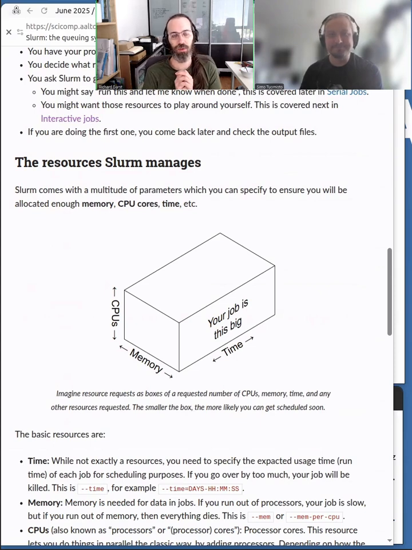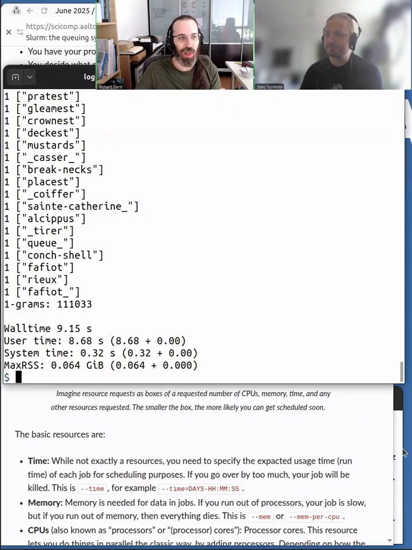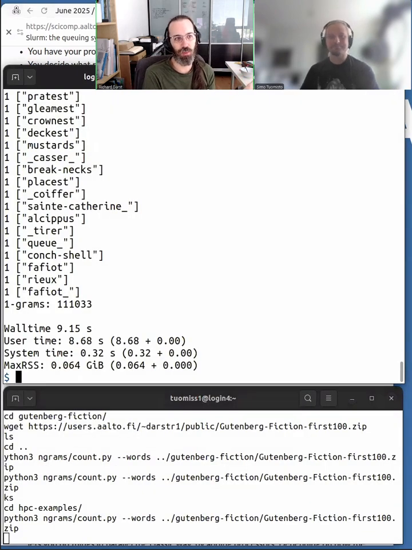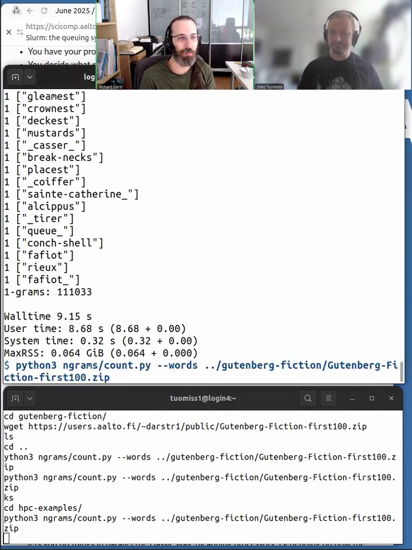So the way we usually present this is first we run things interactively. That means, unlike what we've been saying, we don't make a batch script and set it to run in the background, but we're going to see the results right here in front of us. We do that by running the same command as before. So Simo can push the up arrow key. And then if we go to the beginning of the line,